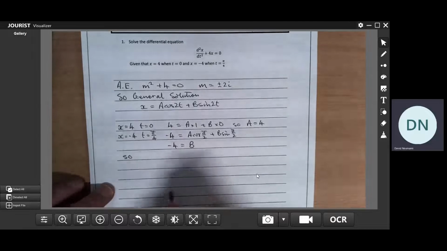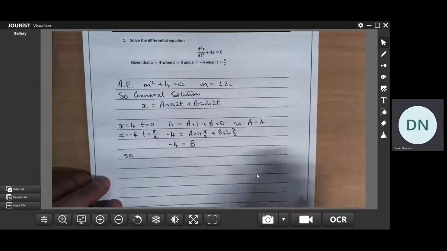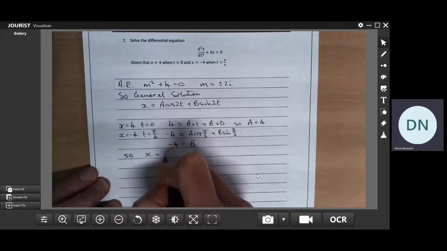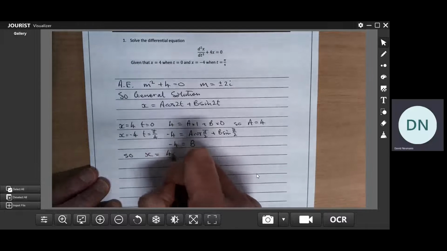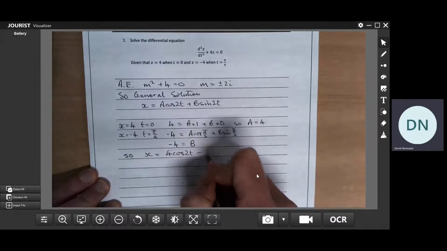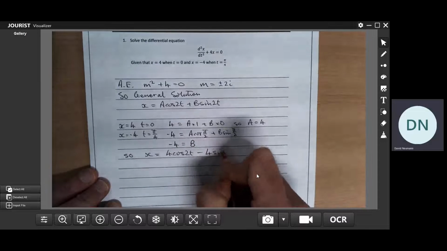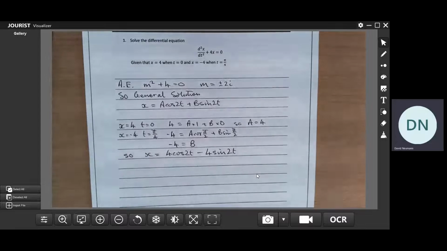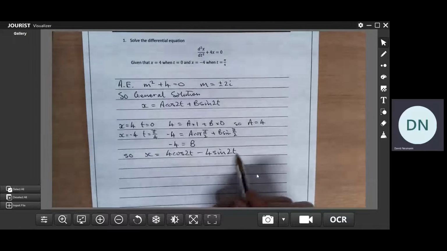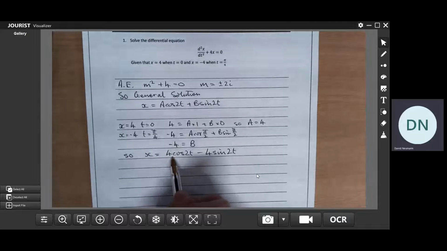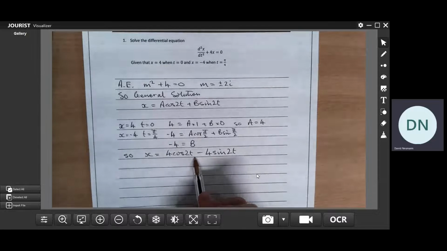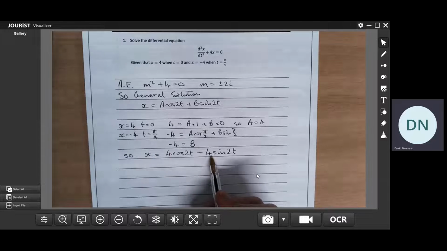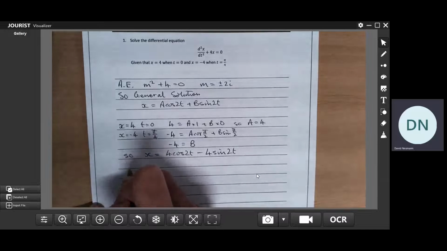So our particular solution is x is equal to 4 cos of 2t minus 4 sine of 2t. Now, usually we leave solutions in this form, but of course we've seen functions like this before in the single maths course, and one of the ways we could rewrite this is in terms of r and alpha. So we could rewrite it like this, equivalent to